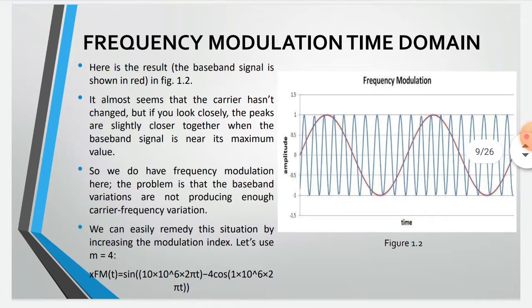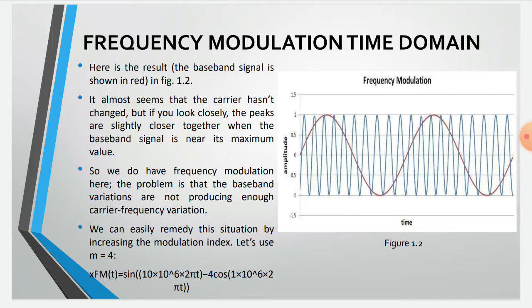Frequency modulation time domain. Here is the result. The baseband signal is shown in the end in figure 1.2. It almost seems that the carrier hasn't changed, but if you look closely, the peaks are slightly closer together when the baseband signal is near its maximum value. So we do have frequency modulation here. The problem is that the baseband variations are not producing enough carrier frequency variation. We can easily remedy this situation by increasing the modulation index